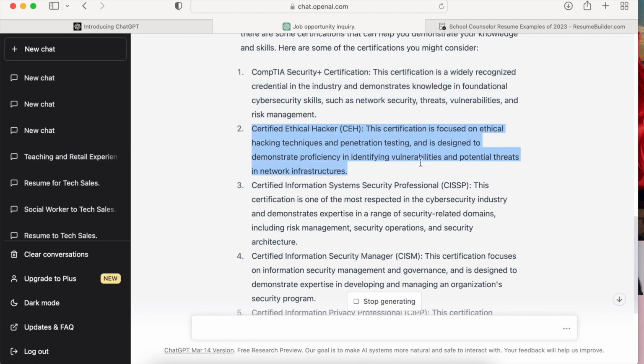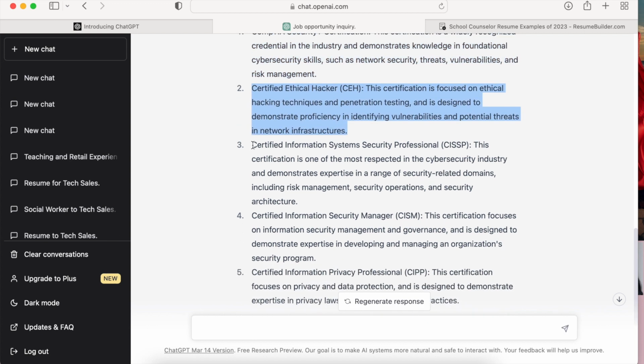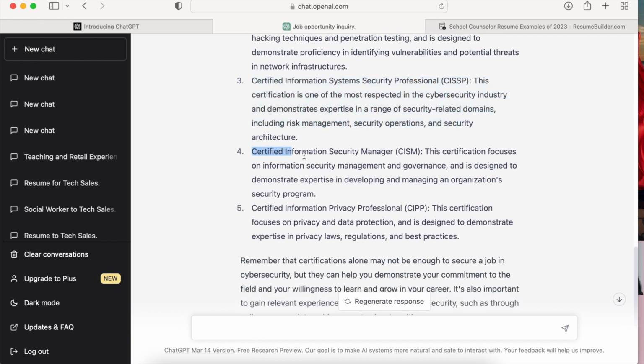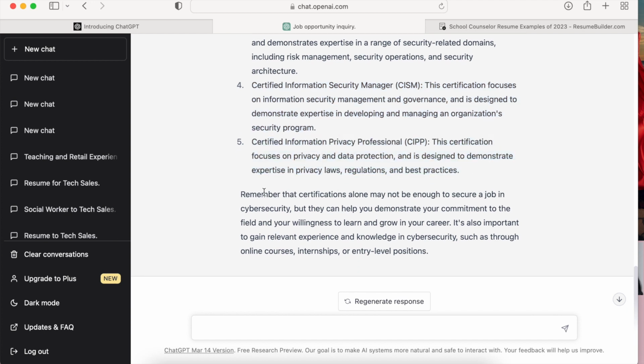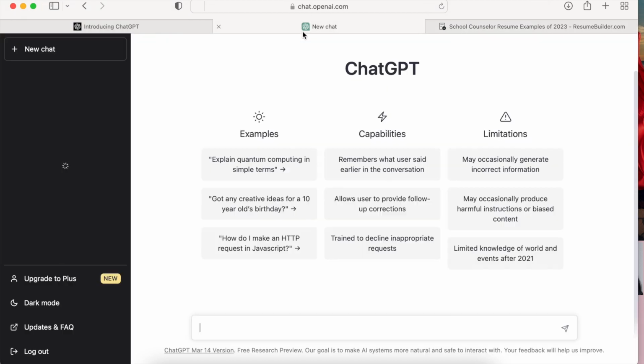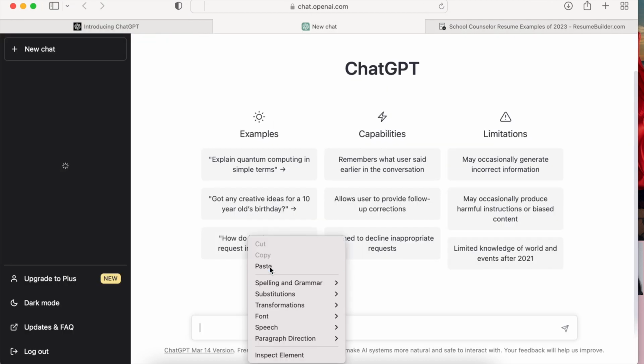And then I'm just highlighting the different ones for the people that are interested in a career in cybersecurity. I just highlight some of them for you all. But definitely do your research. Make sure it makes sense for whatever career or job that you want to do at the end of the day. So next, I'm going to copy and paste that